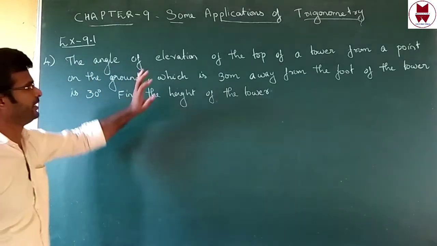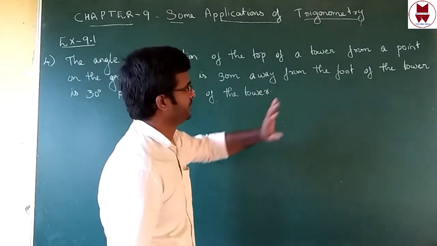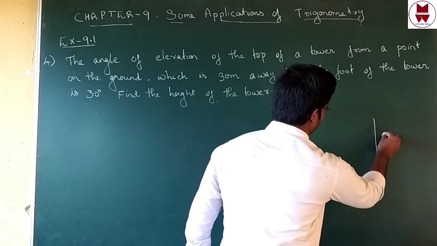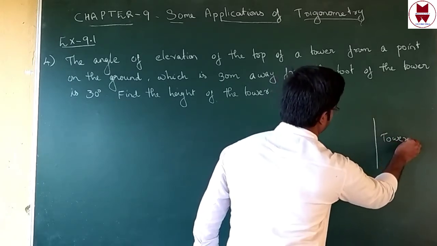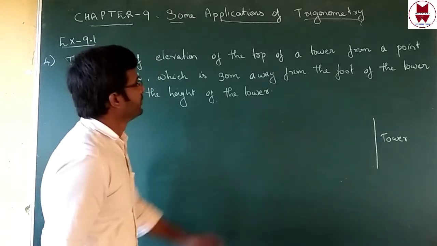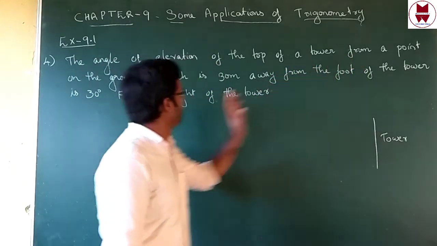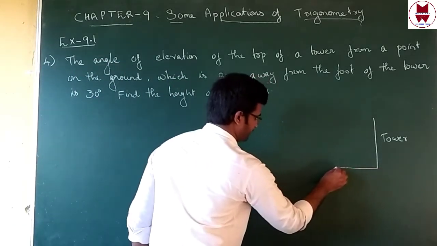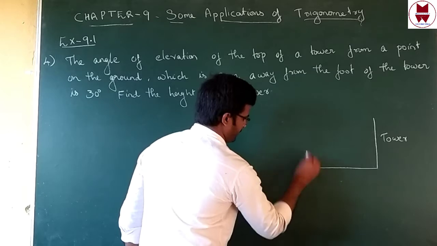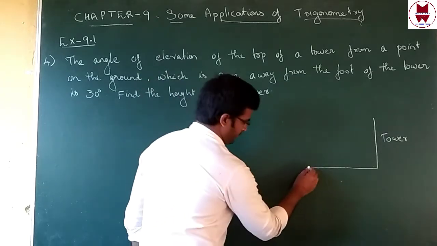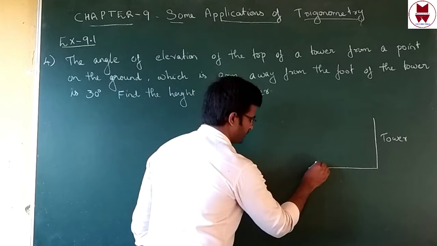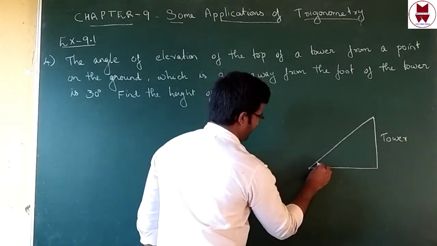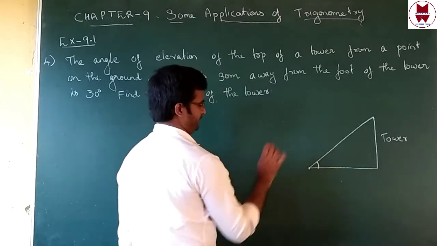The angle of elevation of the top of a tower, that means we need one tower. Here we can draw one tower. Top of a tower from a point on the ground. This is our ground. From a point on the ground, from this point, one person is looking at the top of the tower. That time, angle of elevation means in here,